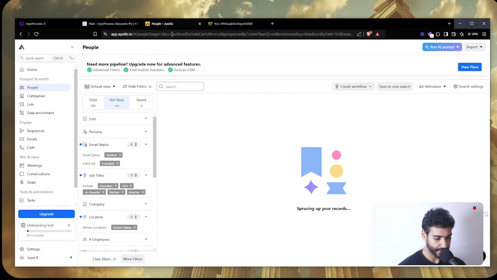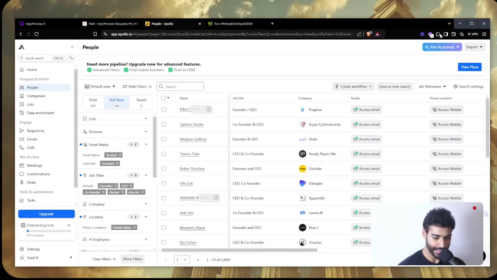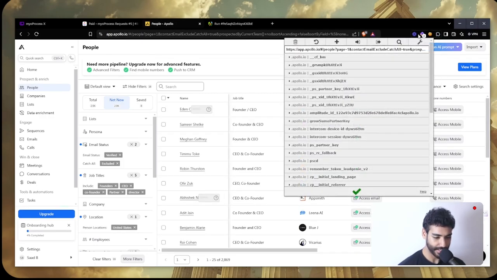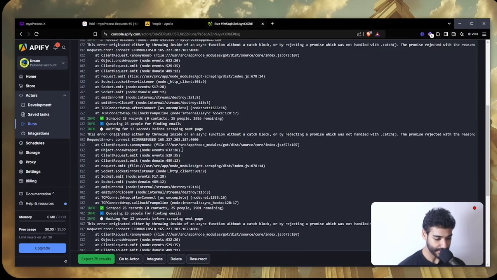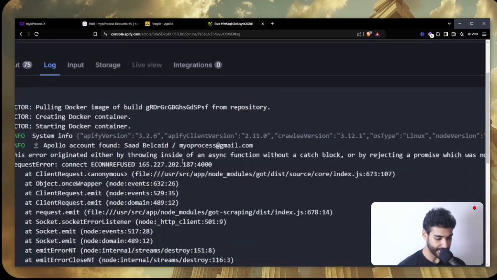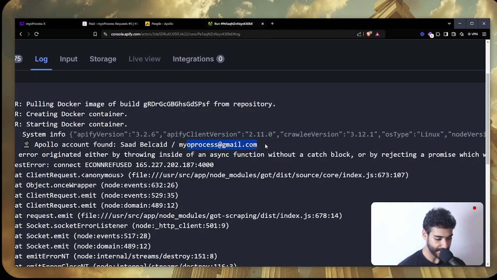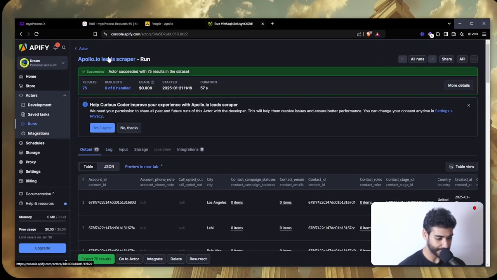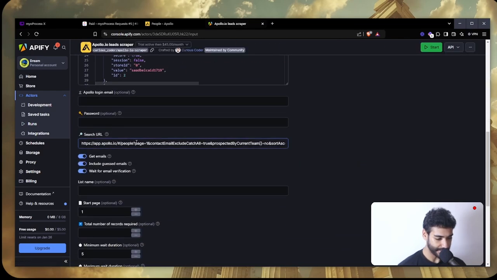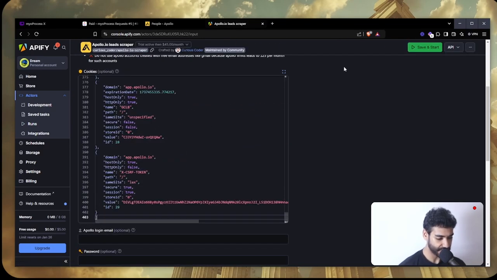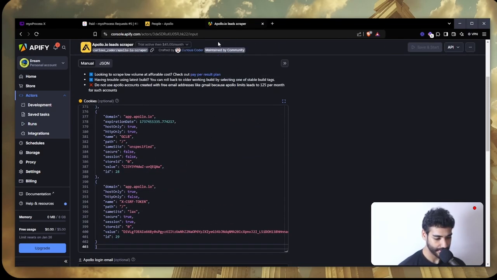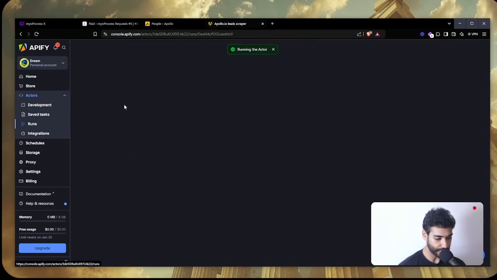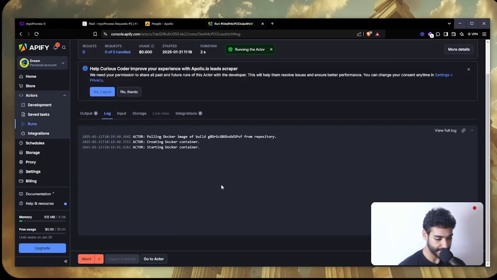So pretty good. Now I'm going to go and copy this, edit this cookie. And now I can just see this. So there you go, guys. So Apollo account, this is my account. Now I'm gonna go to this scraper, and I'm gonna paste in this session cookie. I'm gonna save and start, and then I'm gonna go to the second run, and I will see